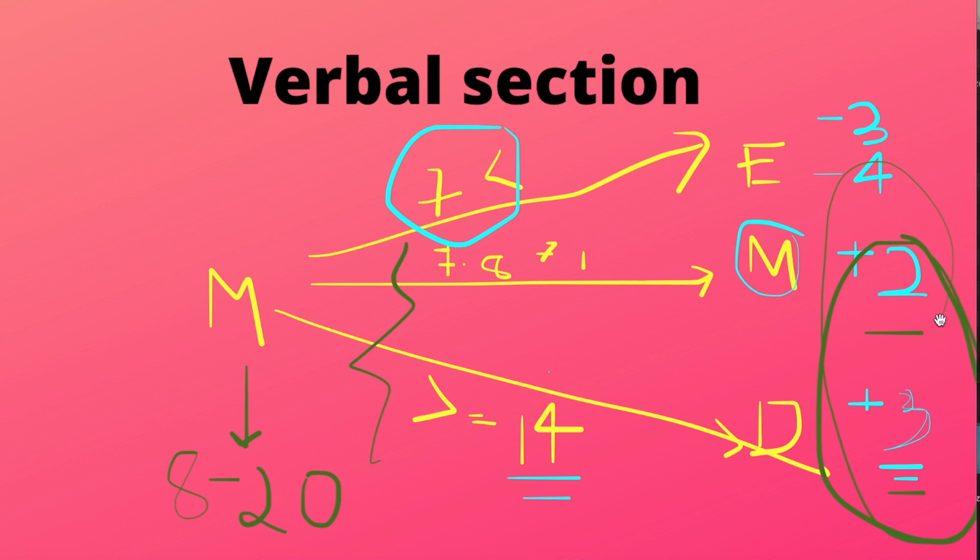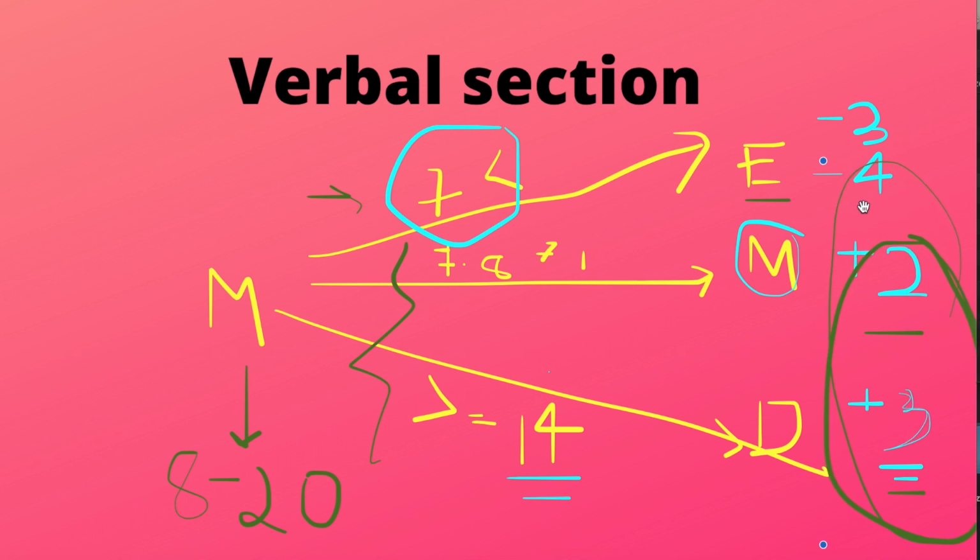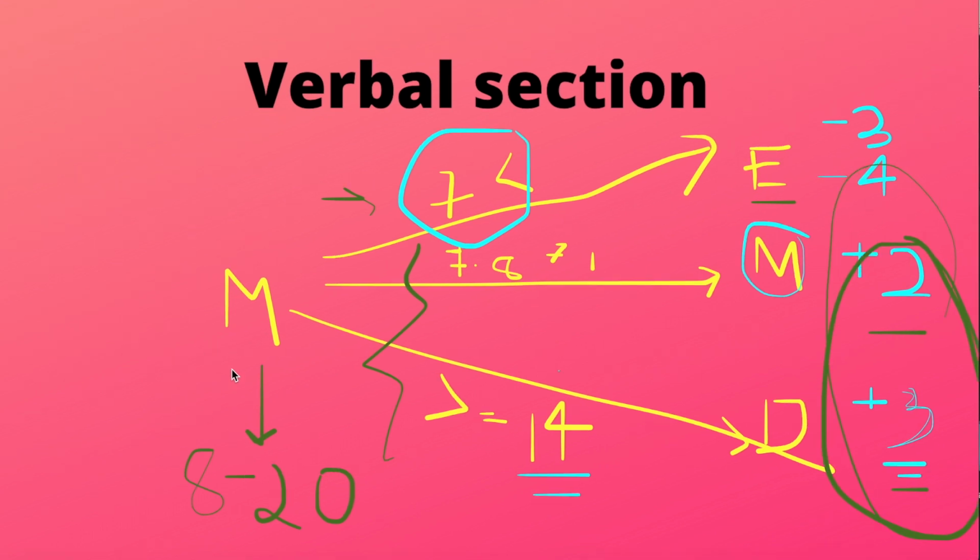Now, for those who are thinking that if they scored less than 7 on the first section, they would get an easy next section and be able to score more points, what I believe is that the difference between the easy and medium questions is not as much as the 4-point penalty or the 3-point penalty which you would be getting. And this is why your first section is really important, and you cannot afford to score less than 8 on your first section at any cost.